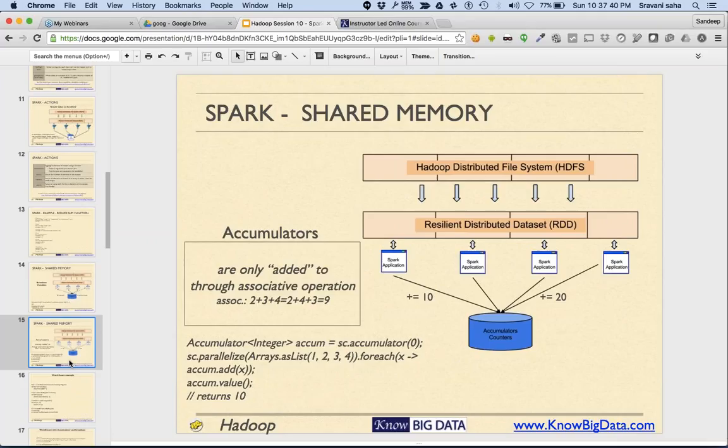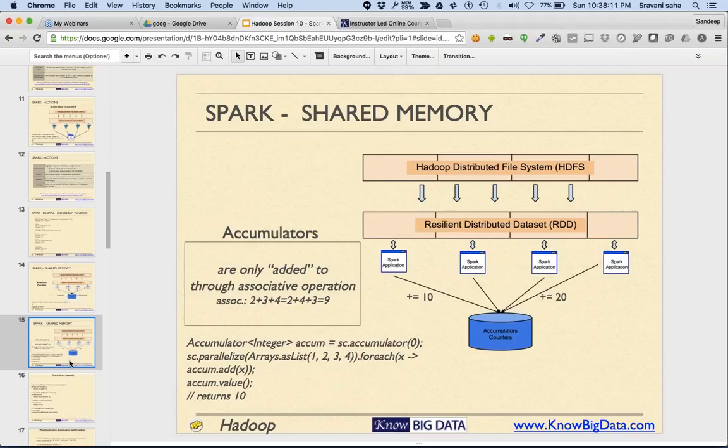The other concept in Spark is accumulators. What do accumulators do? Accumulators are essentially similar to progress reporting in Hadoop. They gather data from all the nodes in parallel. So if all the nodes have to report something back to the driver node continuously, they can do so using accumulators.